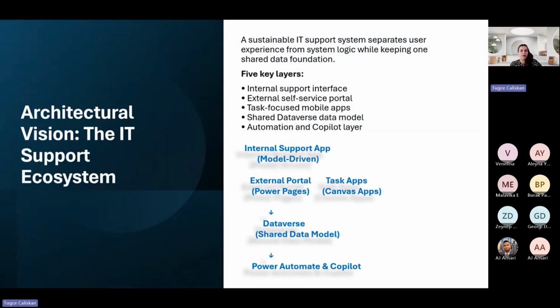So we're going to start looking at a system at a high level. We're not going to dig deep into these. It's not meant for technical details, but I wanted to give some samples to go through. We have a system which is a sustainable system, and this gives us a picture where different users interact with different layers.